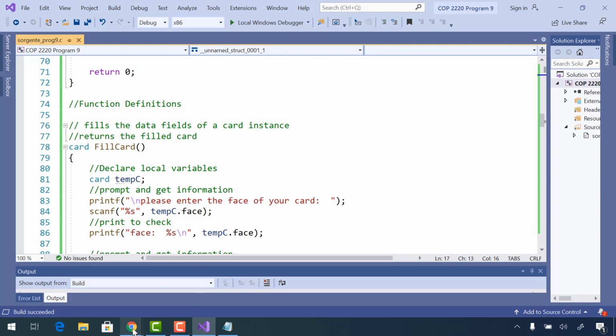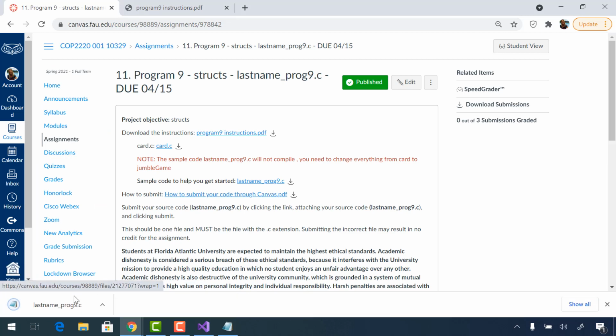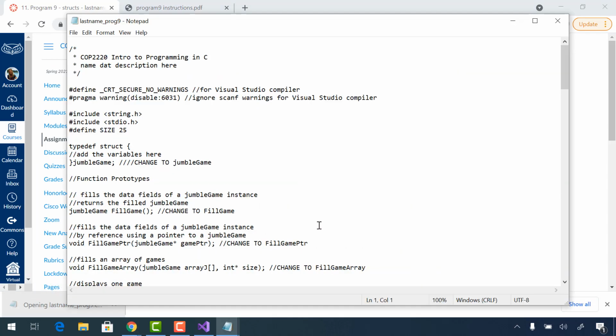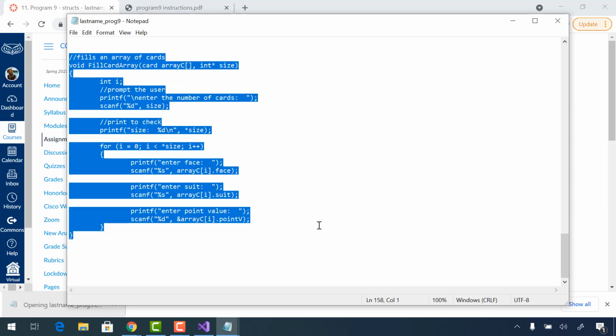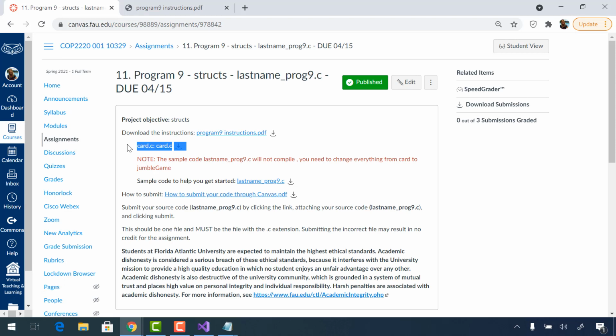So now I'm going to go back here, and I'm going to get the code that I want you to actually work with. This is the code I want you to work with, not the card.c. I don't want you to work with the card.c. Card.c is just there as working code for you to take a look at. But when you actually do your assignment, you want to change